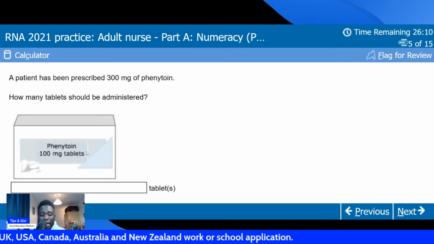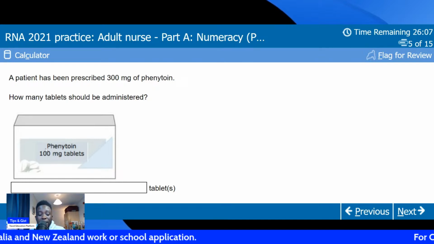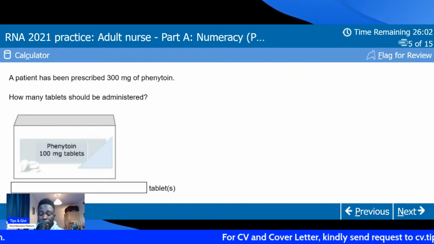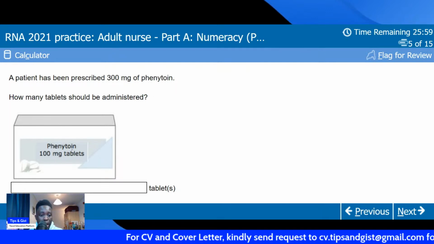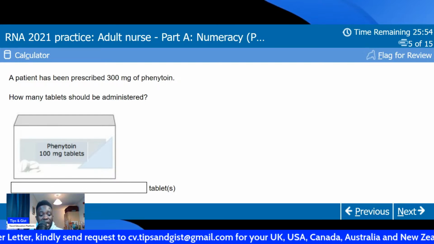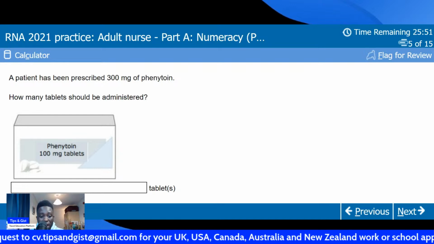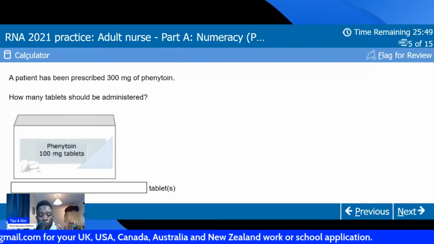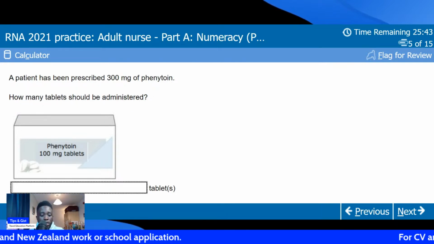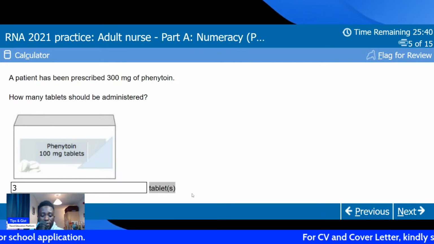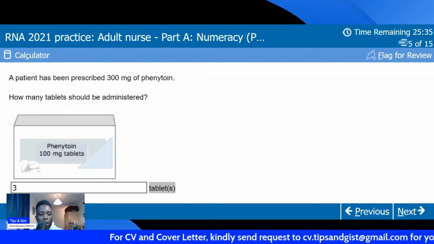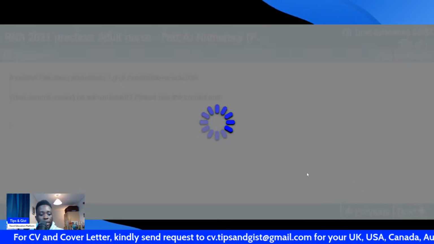Now, you look at the label on the drug. They said 100 milligram tablet. That means one tablet. If you remove one tablet for the patient, you have administered 100 milligram. So if the doctor prescribed 300 milligram, it means you are supposed to remove 3 tablets, because each tablet is 100 milligram, and therefore 3 tablets will be 300 milligram. So if they ask you how many tablets, 3 tablets. So you just type 3 over there, because they've written the tablet here for you. All right. Now, the next one,